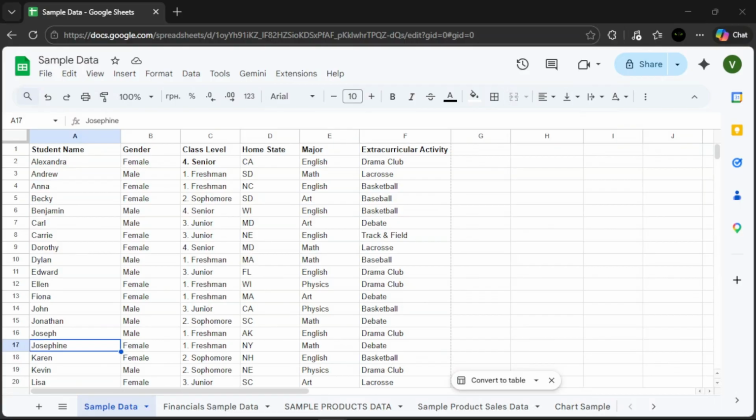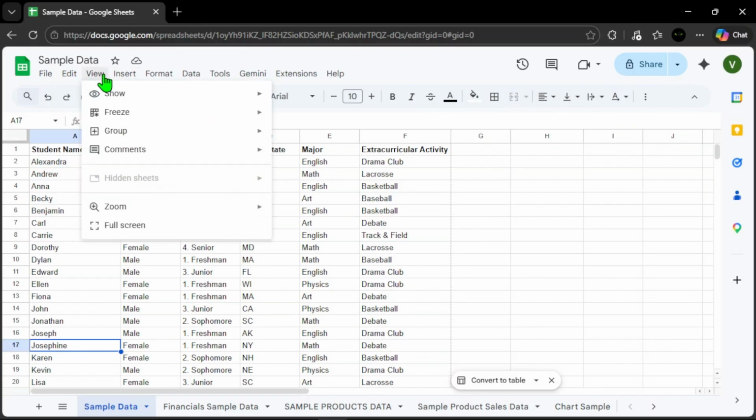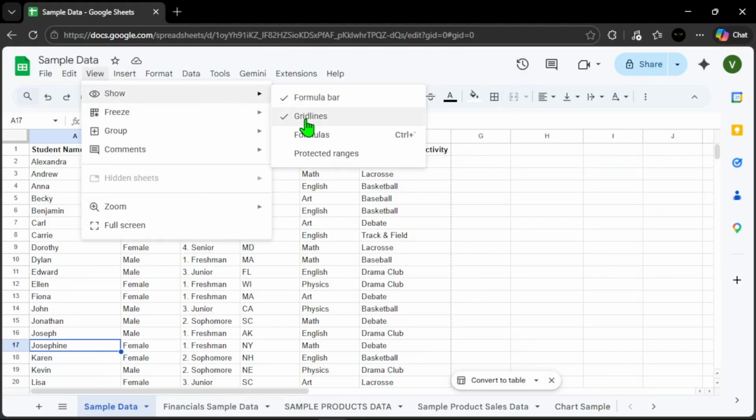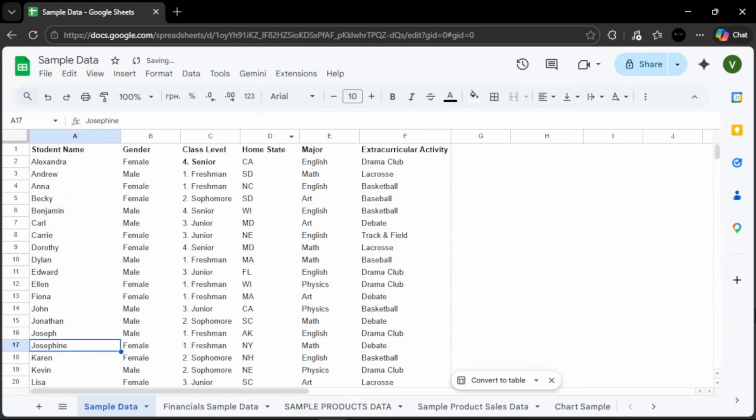To remove grid lines from your view, go to the top menu and click on View. In the drop-down menu, look for the option called Show, then uncheck Grid Lines. As soon as you uncheck it, the grid lines will disappear from your sheet, giving it a cleaner and more